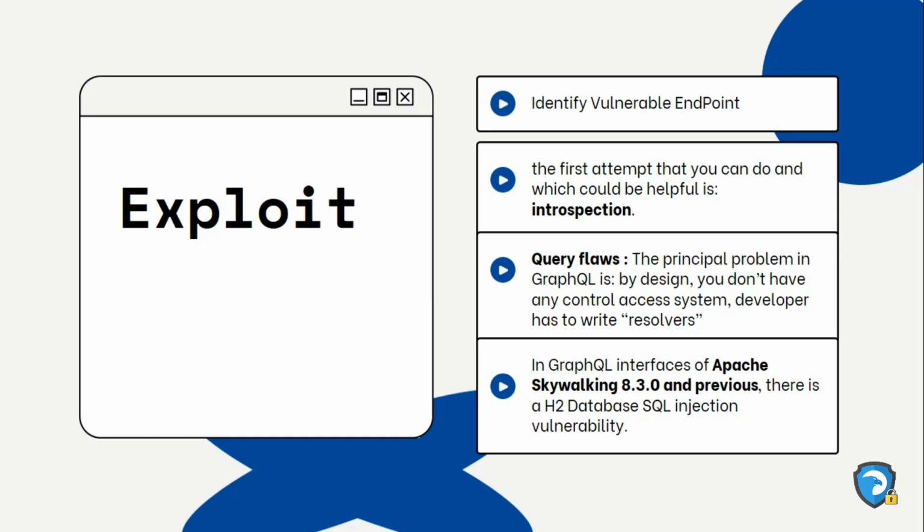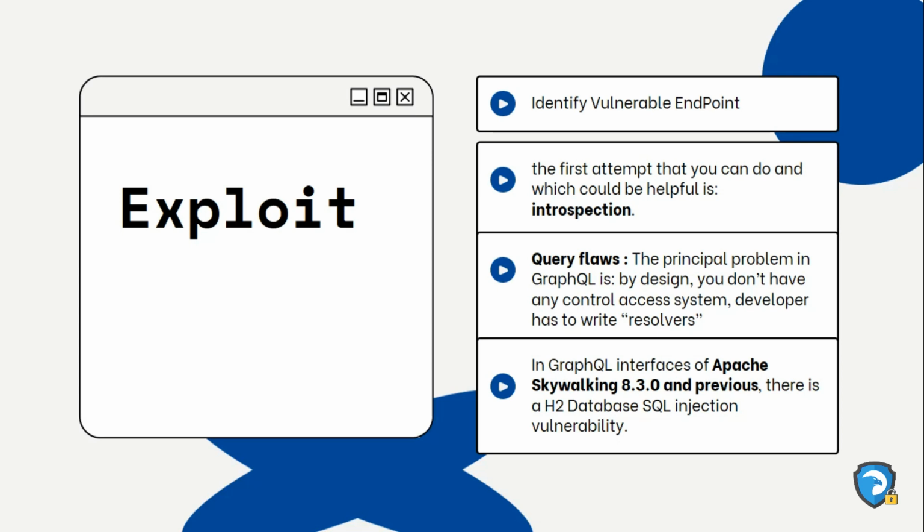Now let's move on to how we can perform the exploit. First of all, we need to identify the vulnerable endpoint. For identifying the vulnerable endpoint, we can try /graphql, /graphql.php, and many different paths in the URL. Secondly, perform introspection. I have already covered this topic in the GraphQL video, but I would like to mention it here as well. Introspection enables you to understand the underlying schema. In other words, you can get details like types, fields, queries, and field level descriptions using introspection.